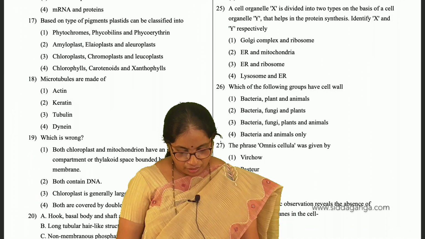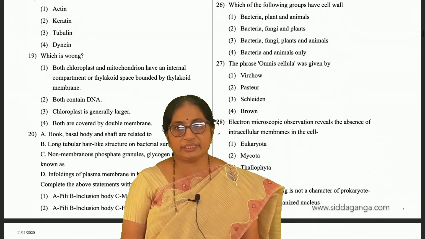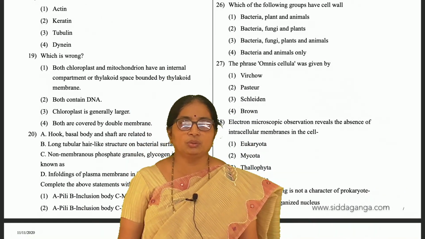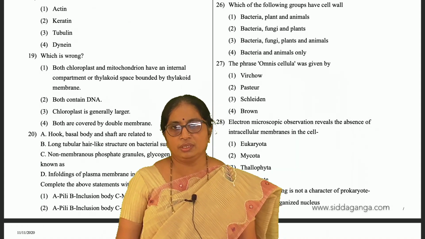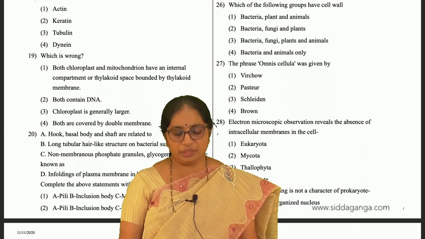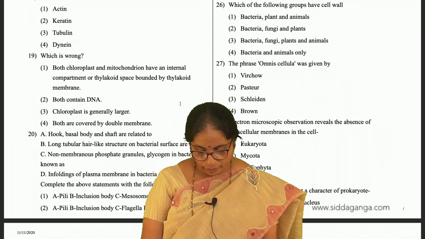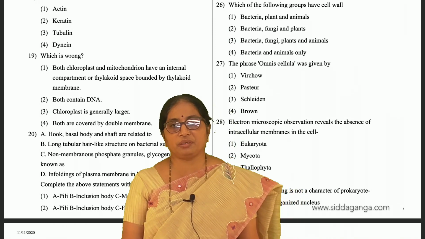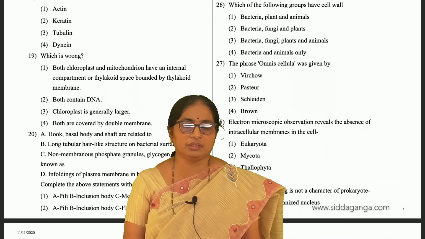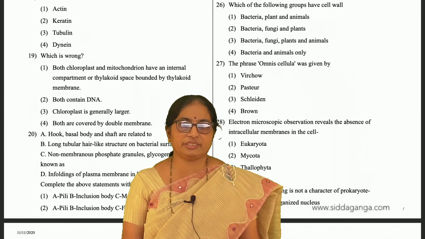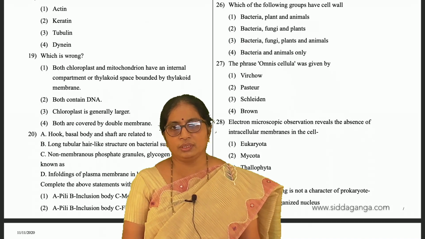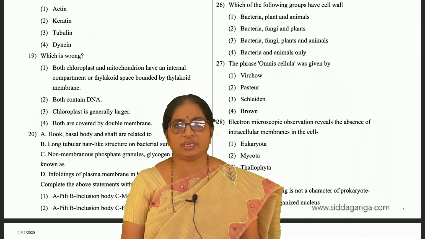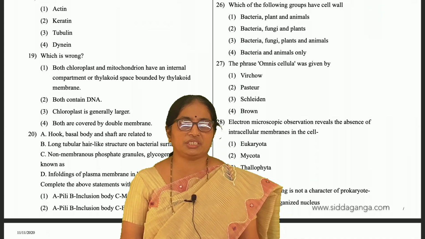Next question. Which of the following groups have a cell wall? So, organisms with a cell wall and organisms without a cell wall. Look at the first option, bacteria, plant and animals. Of course, animals do not have a cell wall, so we will cancel that. And the second option, bacteria, fungi and plants. Of course, all bacteria also have a cell wall, fungi also have a cell wall and plants also have a cell wall. So all these have a cell wall, hence you can take option 2 as the right answer,